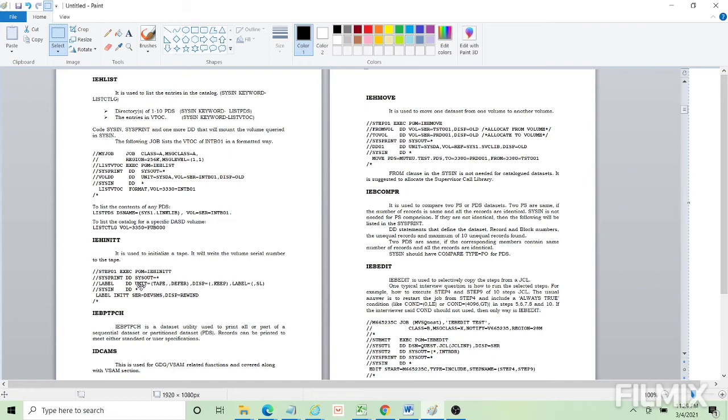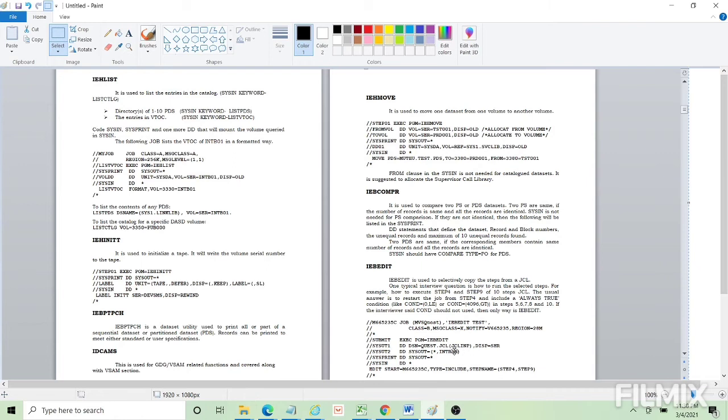So I'll do those things in a separate video, and I'll be using ISRSUPC, which is the 3.13 batch, for that purpose. IEBCOMPARE, I don't use, but it is used for simple comparison. IEBEDIT, we haven't used in real time, but it is for selectively copying a few steps from one JCL.